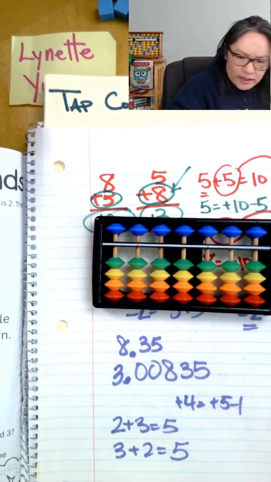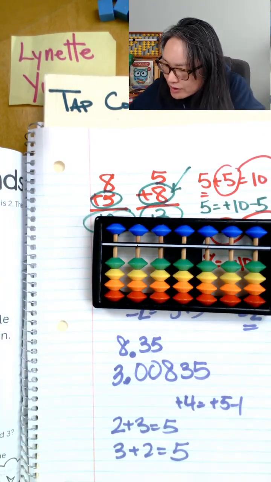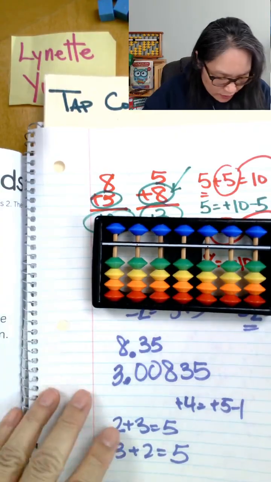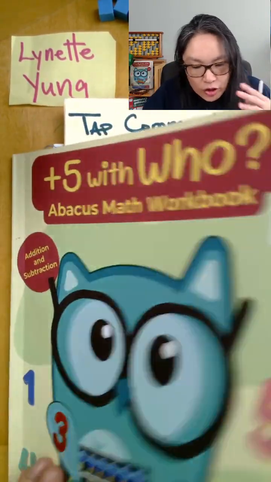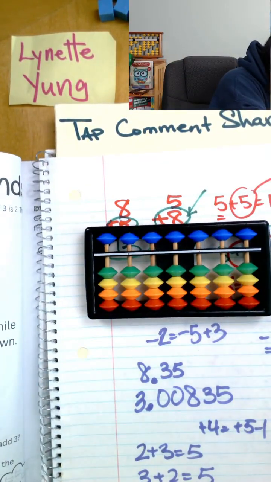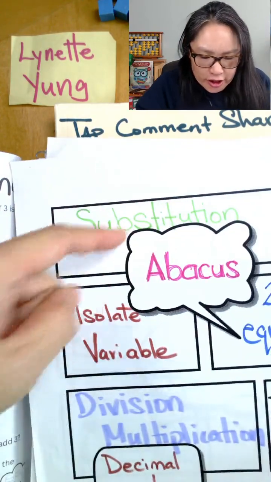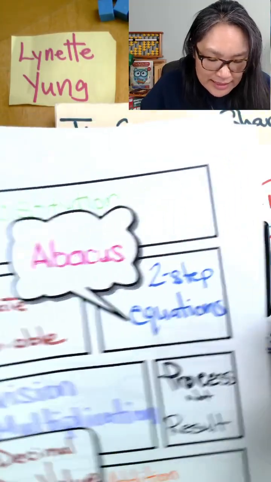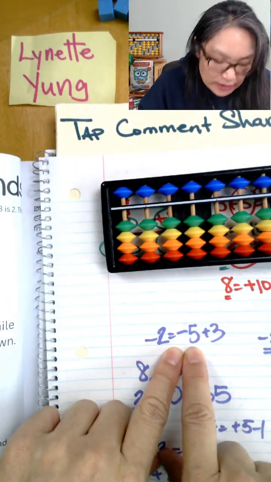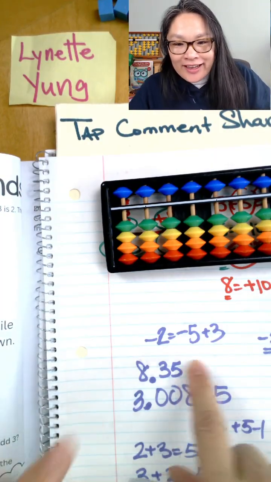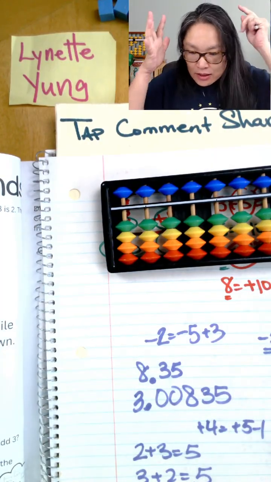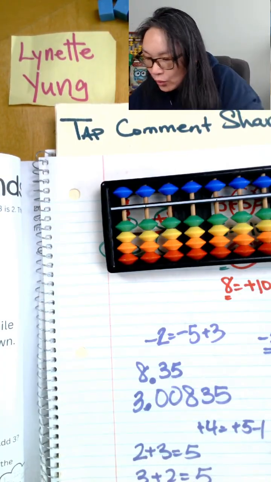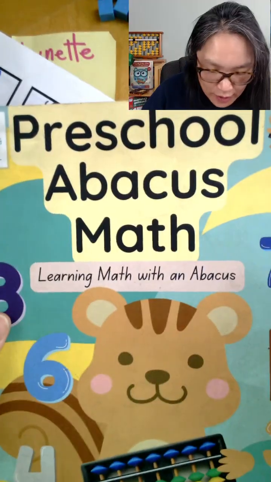There was a lot of, we use substitution, we use isolating a variable, but we actually don't use those specific words in Abacus. We just know it. You know what I mean? We never say, whoa, you got to isolate the variable and you got to do substitution and this is a two-step equation. We don't say that. We just say, okay, well, can you do it? If not, how do you do it? I'm going to teach my daughter. Yes. You know what? Yes, that was the reason why I built this book, was to try to get the